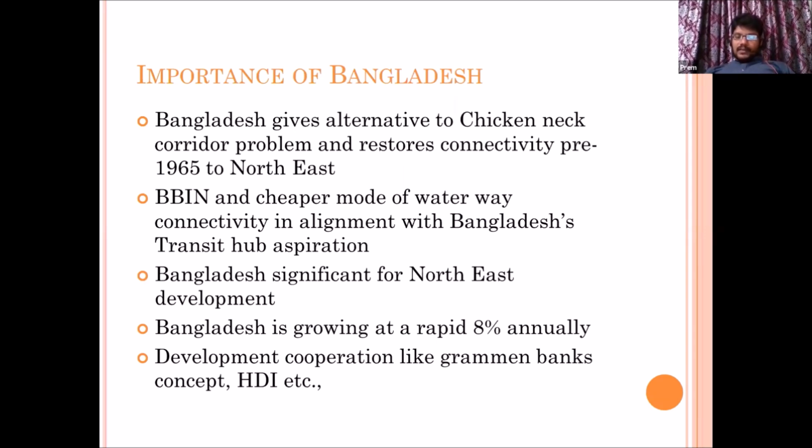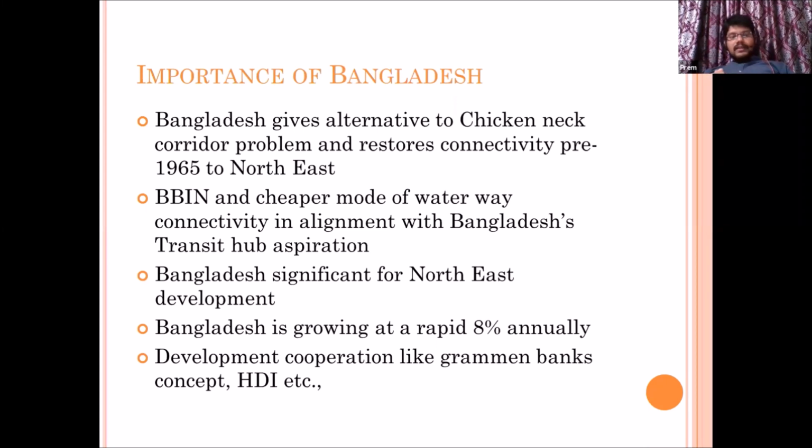And the final thing is, right now Bangladesh is the rapidly growing country in the entire South Asia. And if you see, illegal migration from Bangladesh to India has also stopped in recent years. This is because Bangladesh is developing. So once it is developing, they are finding employment in their own country itself. So that's how slowly the migration is reducing. So that is why we also need to use Bangladesh's development for the development of the entire region. So that is why it is also important from Bangladesh.